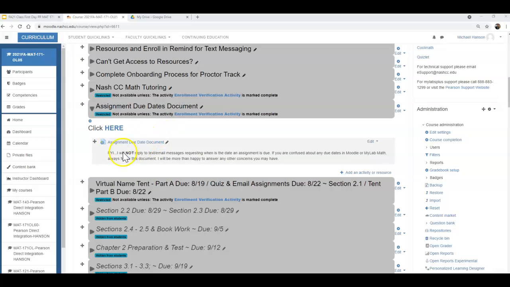go. So the first thing before we click on this, just understand that because this document is available, please do not send me emails or text messages asking me when something is due. If you're confused about something, that's fine. You can send me any kind of information about something that's confusing. I pretty much have everything set up where this document and everything in my lab math is exactly the same